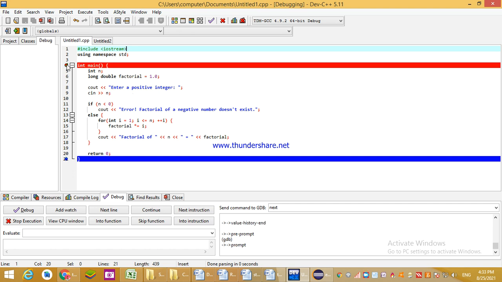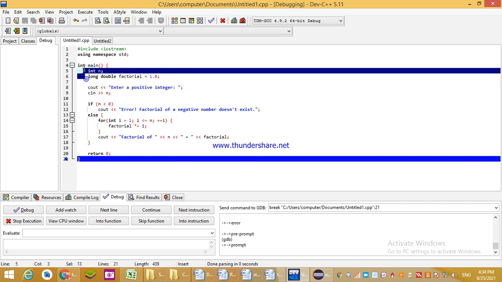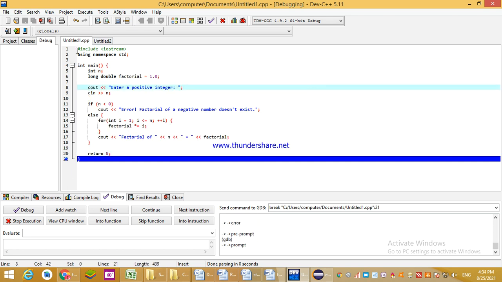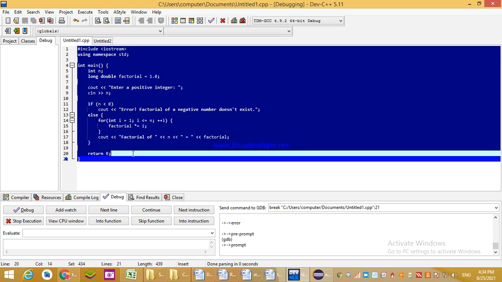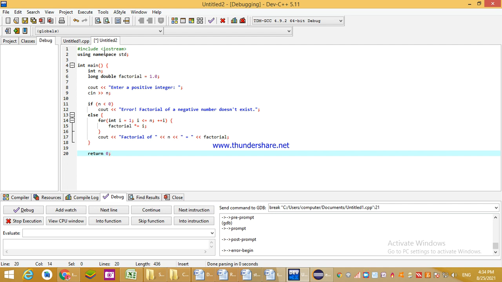I am clicking over here and here also, then I am copying all the lines, Control C, then here Control V. Here you can see all the lines get copied and pasted in Untitled 2, and here I am going to check how the debugger works.